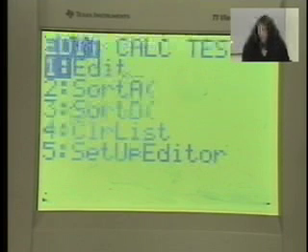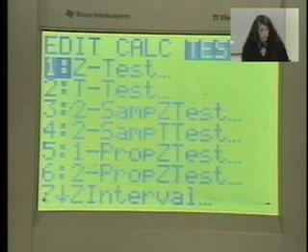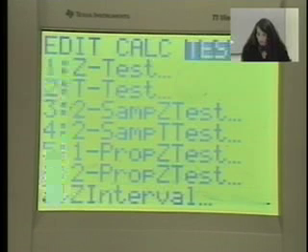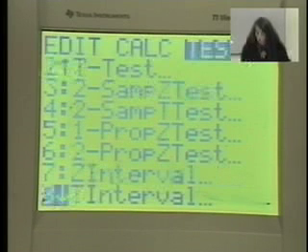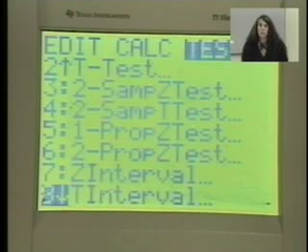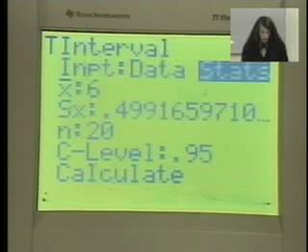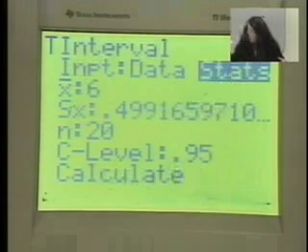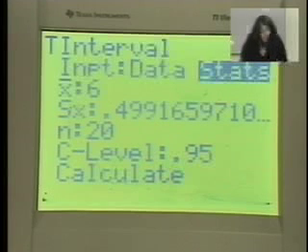So we'll press stat again. We'll arrow over 2 times to tests, and then we're going to move down to 8 in the T interval, because this is going to be a T confidence interval. So we'll do the T interval this time for a student T. So we'll press enter. All right, again, our cursor is flashing on stats, and what we'll do is arrow down,